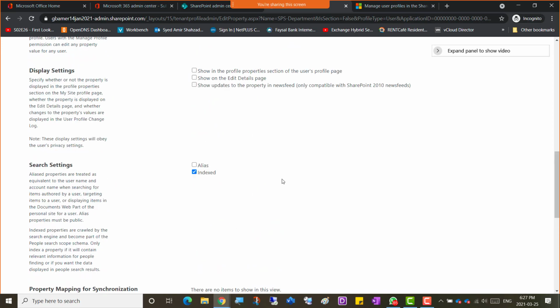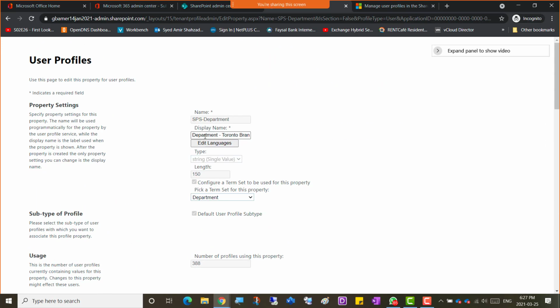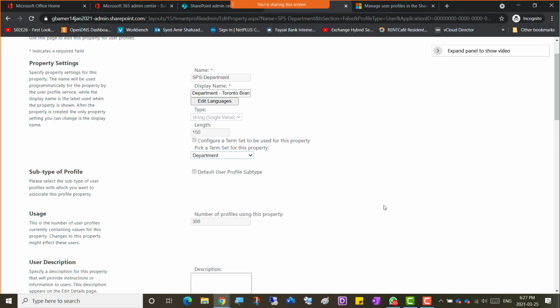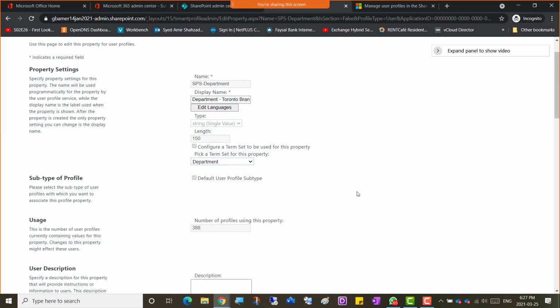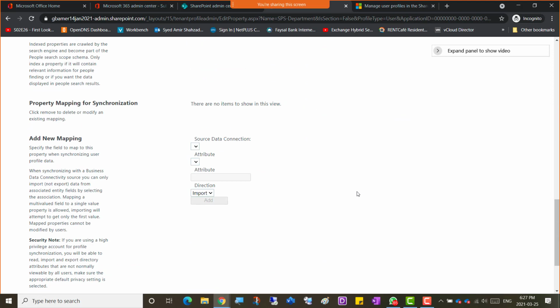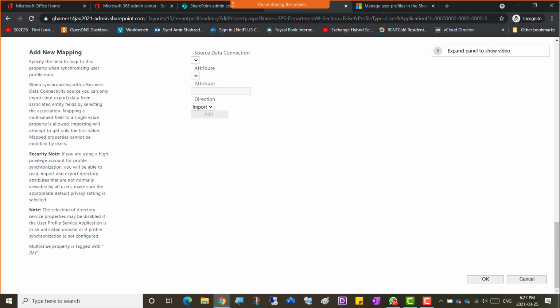So the only change I made on this page is that I just put the display name dash space dash space and then Toronto space branch. So it's not the space branch, it's just a space there. Okay. Anyway, so well, maybe in 10 years we will have space branches as well. Okay. If we go way down after just making that name change, we can then press OK. I'm going to press OK here,